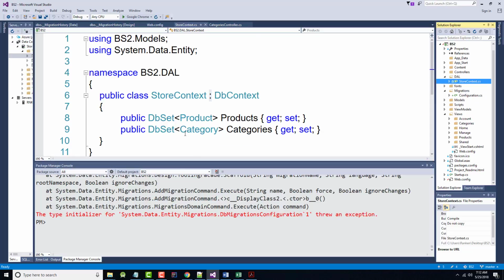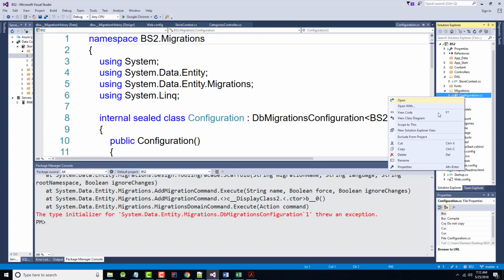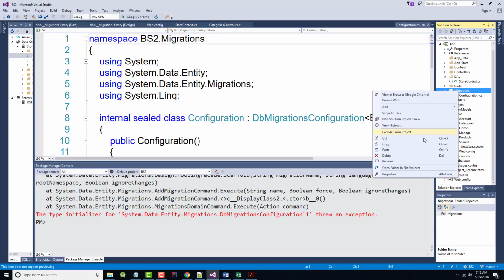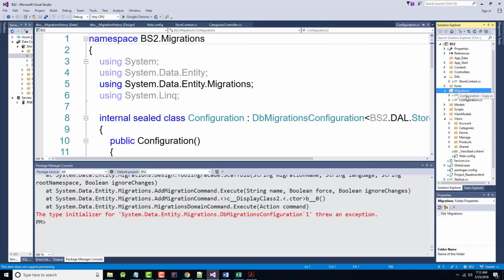But I am going to try this. I may rue the day that I do this, but okay, so I've got a copy, so that'll be the original. I'm going to open this up, this BS2 migrations,